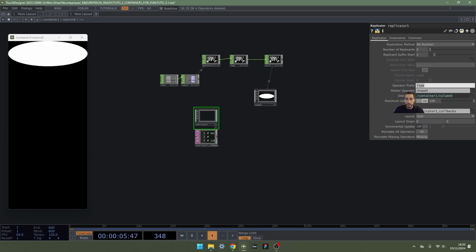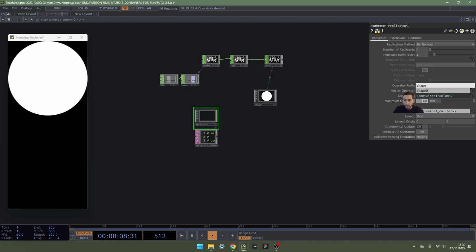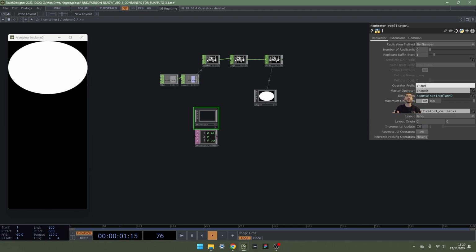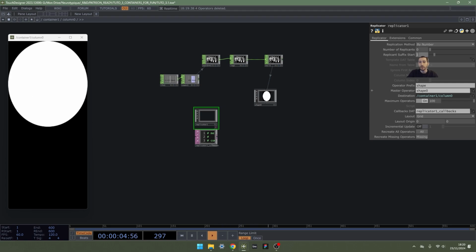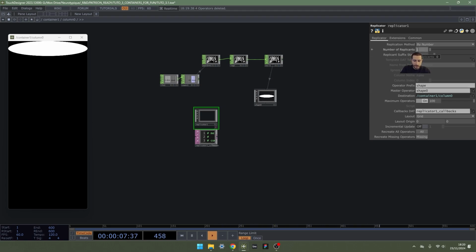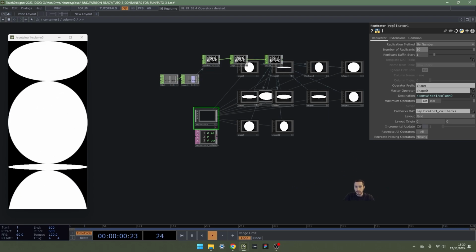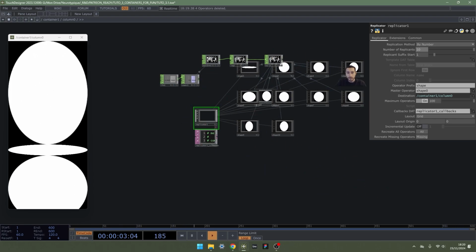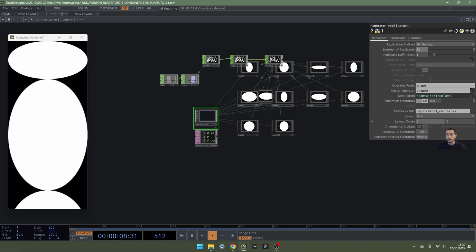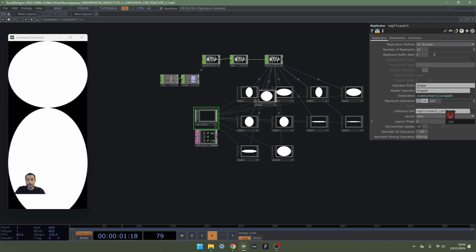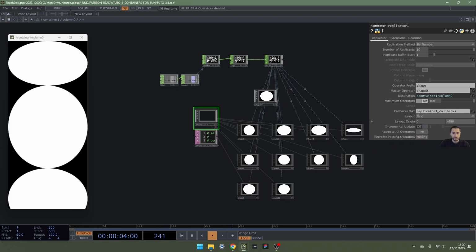And we're going to name them to be consistent. Let's name them shape as a prefix. So prefix is what's going to come before the number, because it's going to duplicate it a lot, so it's going to be like shape 1, 2, 3. So replicant suffix starts at 1, perfect, because our first one is named shape 0. And we want how many copies of it? Let's say 10. And if it overlaps awkwardly around your base network, you can set the layout origin here. And now, perfect.